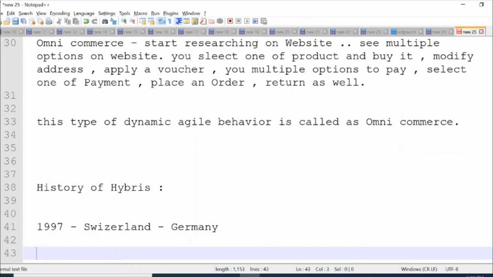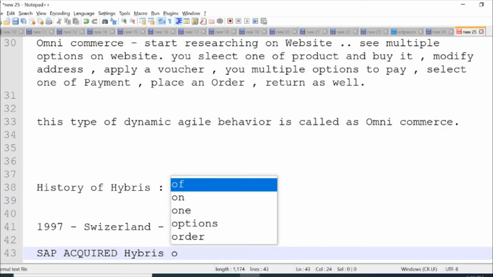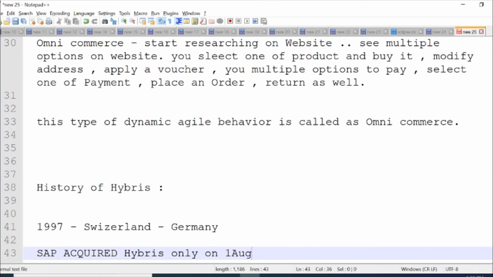But was SAP owning Hybris from the very beginning, from 1997? No. SAP acquired Hybris only on 1st August 2013. Before that, Hybris was an independent company, but SAP acquired Hybris on 1st of August 2013.